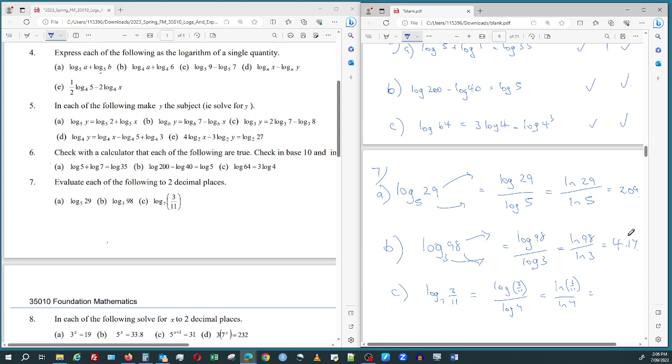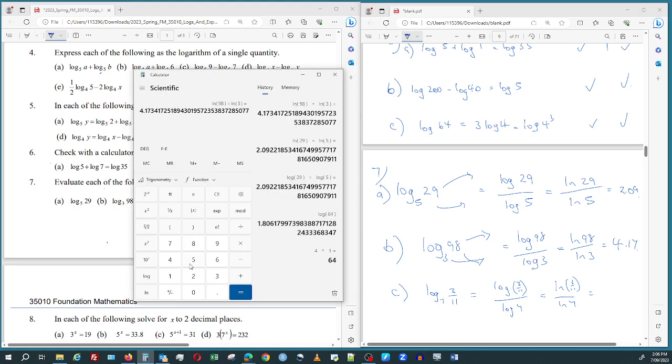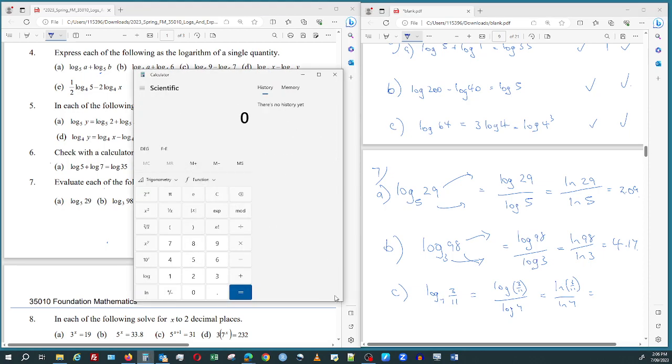So you just do the bracket operation first before you do one or the other. So just clearing away all of this stuff. So we're going to go to 3 divided by 11 equals, and we'll take the log of that, and we'll divide that by the log of 7,